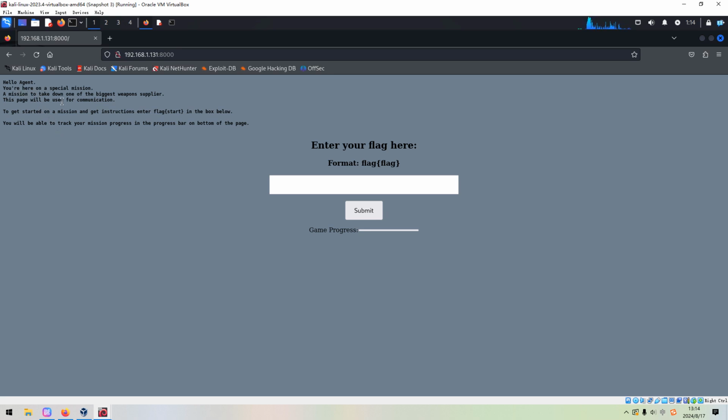You're here on a special mission, a mission to take down one of the biggest weapons suppliers. This page will be used for communication, or this port number will be used for communication. To get started on the mission and get instructions, enter the flag in the box below.